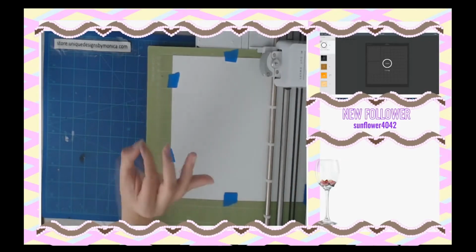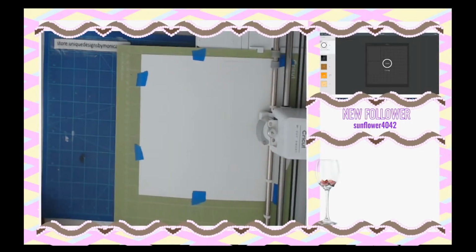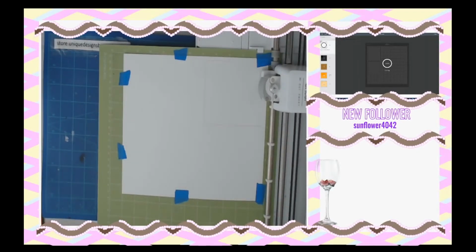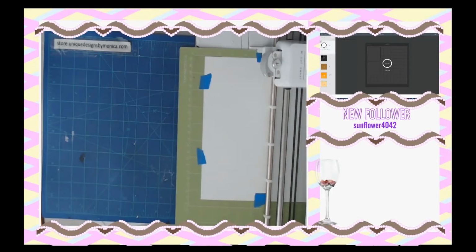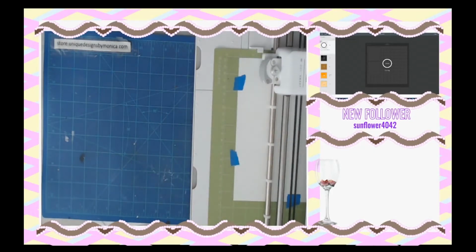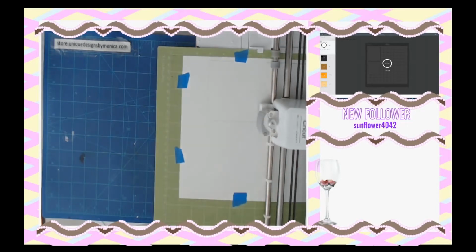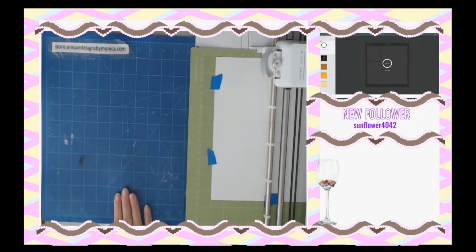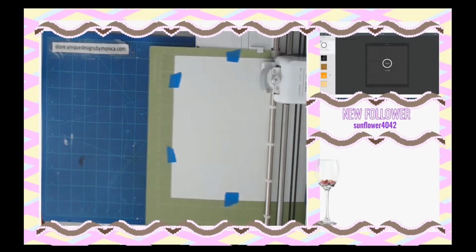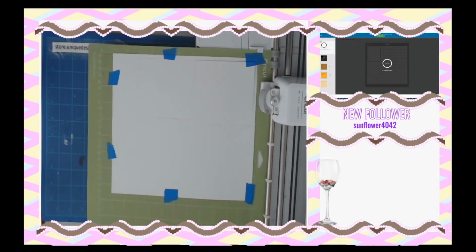Cricut, excellent at their machine, except for maybe the Maker, because I'm hearing a lot of bad reviews on the Maker. And I was highly considering getting myself an upgrade on the Maker. But I think what I have now, this Explorer 1, is doing a phenomenal job. All right. Are you done cutting, my little lovely? See how nice it cuts? Sure, the mat isn't as sticky as I want it to be, but